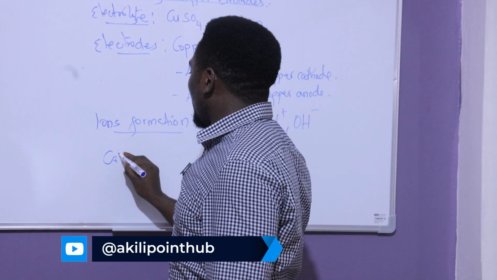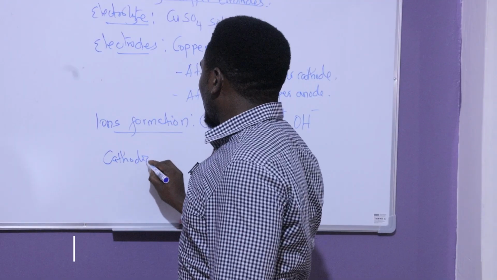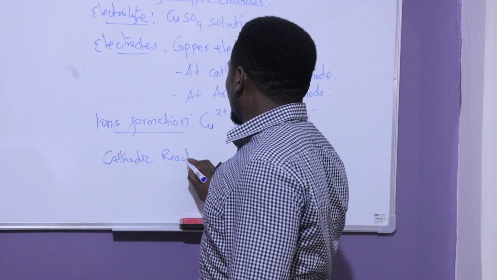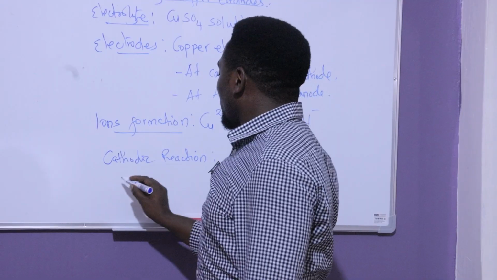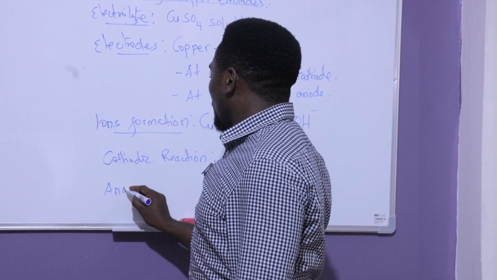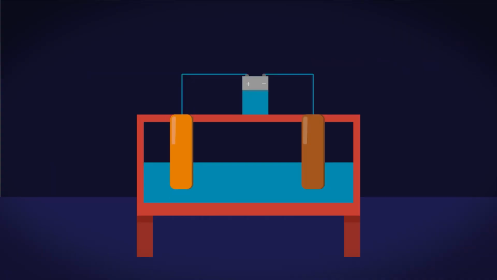So let's start with the cathodic reaction. This is the cathodic reaction. Here we have the anodic reaction. So we have the cathodic reaction and the anodic reaction. It's very simple. From the cathodic reaction, we've said that copper will be preferentially discharged because it's low in